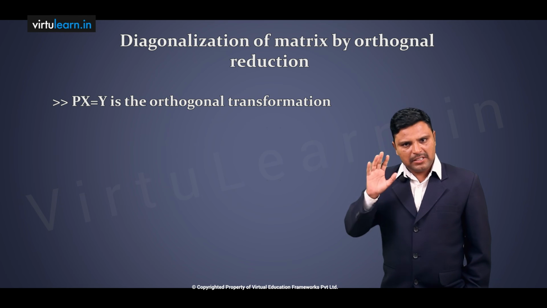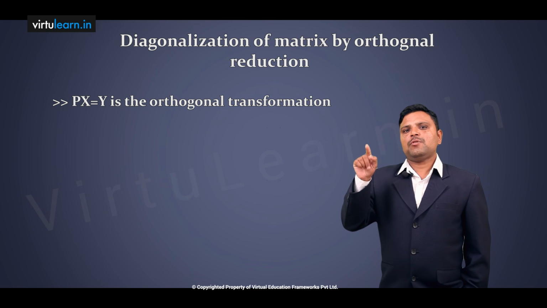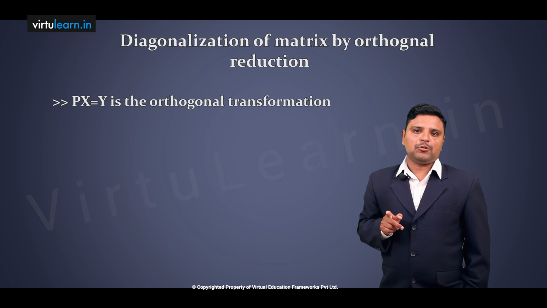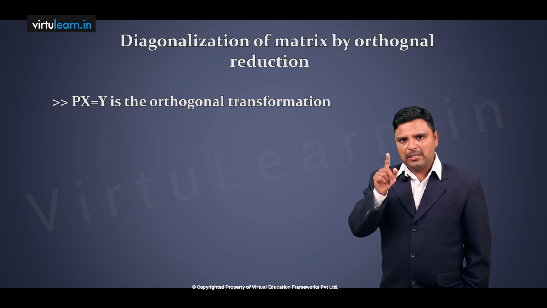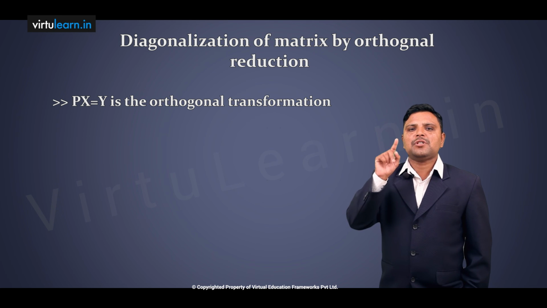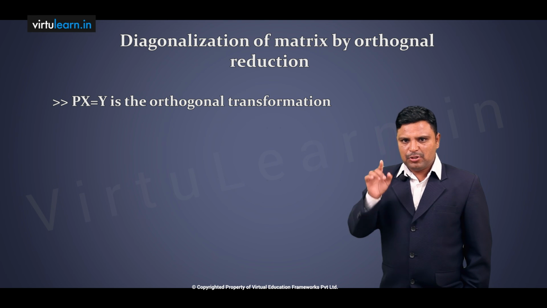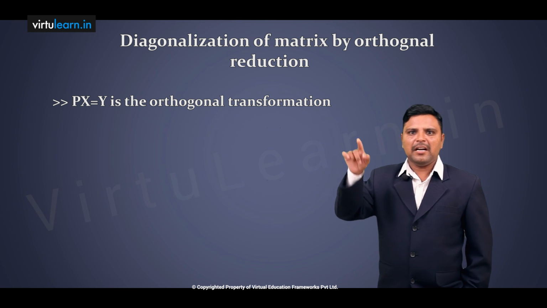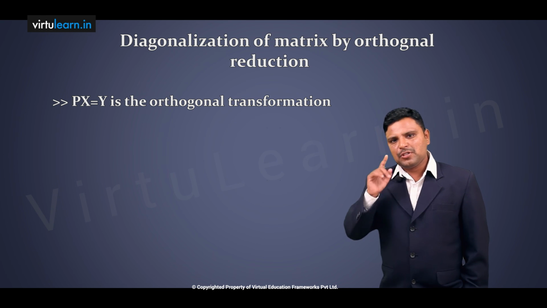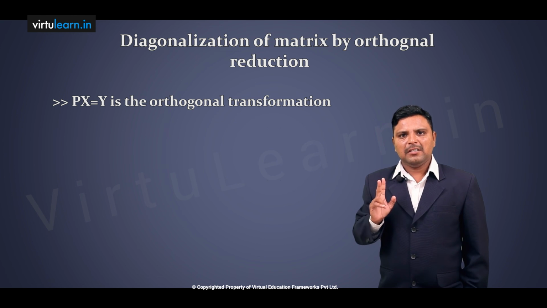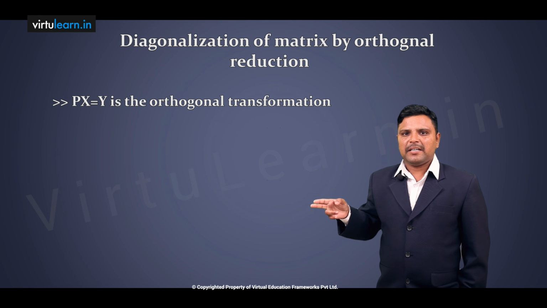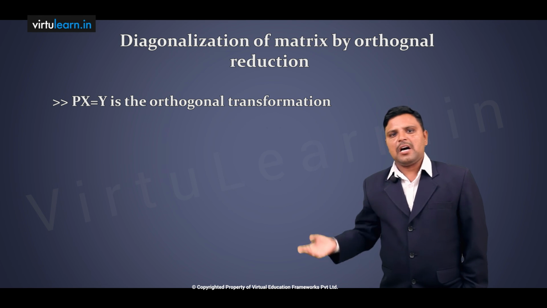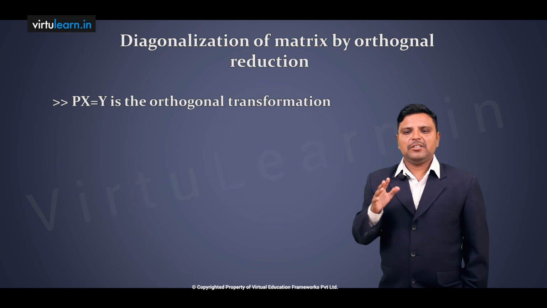Third step, listen carefully. x1, x2, x3 must be pairwise orthogonal vectors. The condition for checking: if x1 transpose into x2 equals 0, then x1 and x2 are orthogonal vectors. You check x1, x2 and x2, x3 and at last x1, x3. Suppose any two are not orthogonal, then from the orthogonal ones x1, x2 you create another vector which is orthogonal to x1, x2. Like this you have to create.